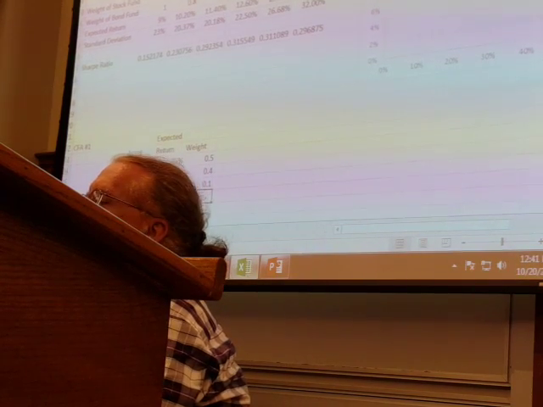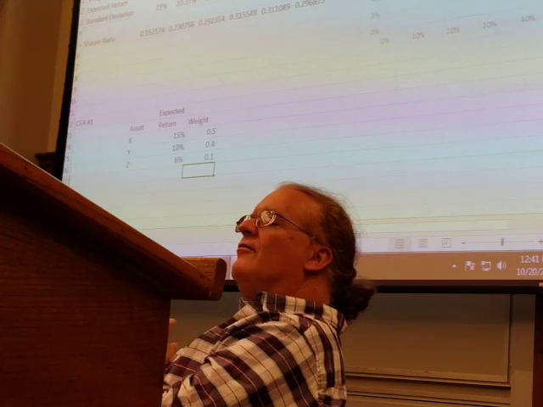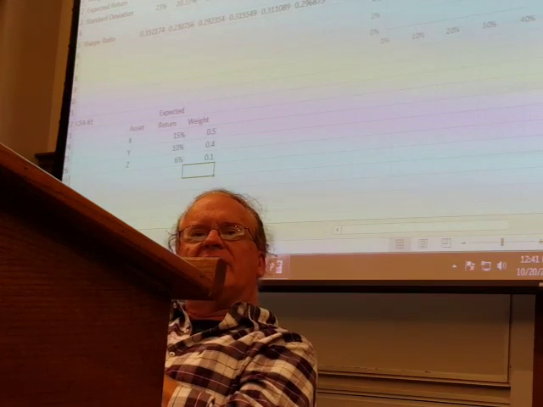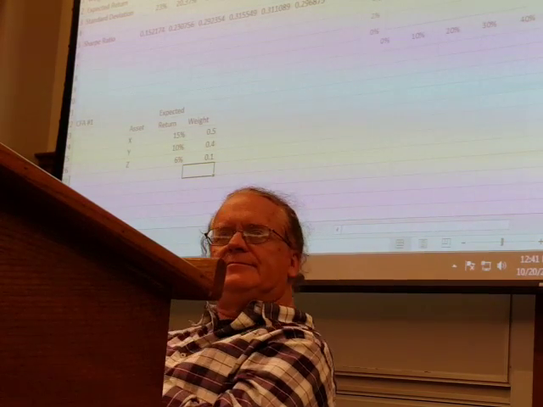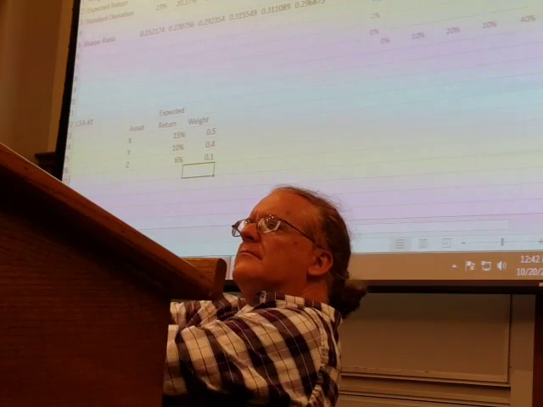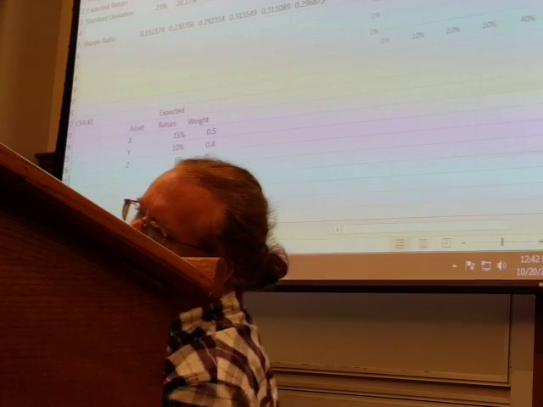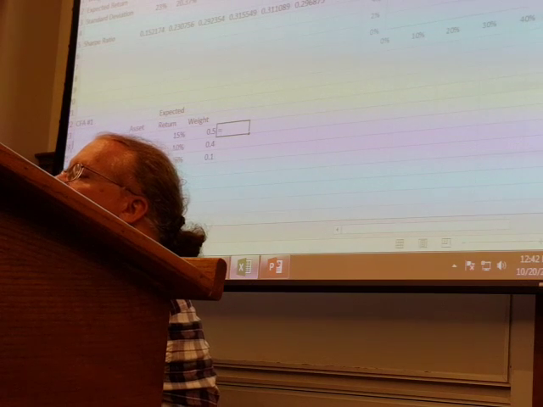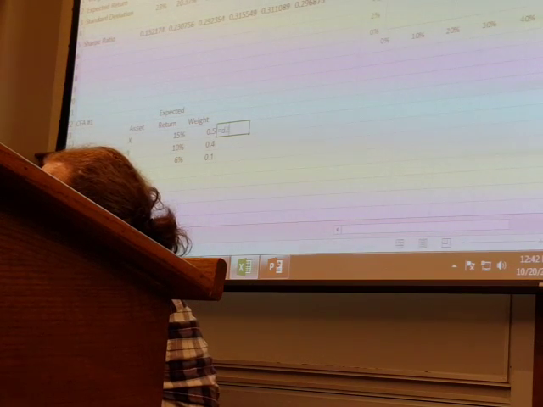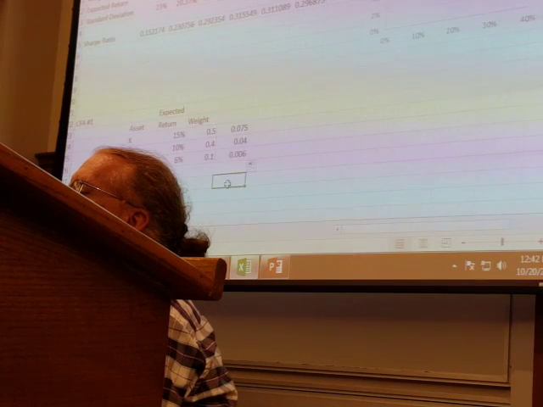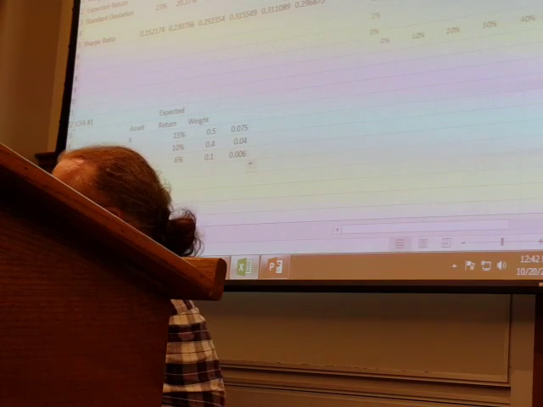Okay, so how do I get the expected return for the portfolio given those expected returns for the individual assets and the weights? You multiply the return by the weights and add it together. Yeah, exactly. All I have to do is equals D24 times E24. Copy that down. So the portfolio expected return